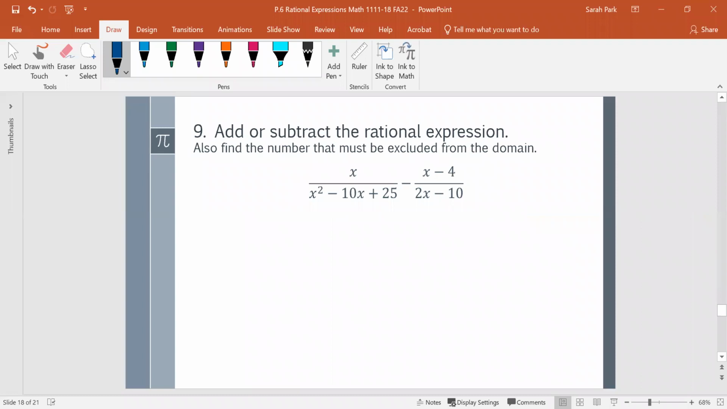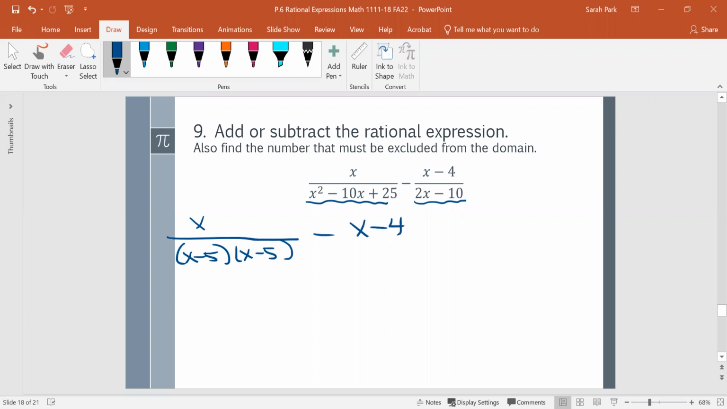Okay, let's move on to number 9. x over x squared minus 10x plus 25, minus x minus 4 over 2x minus 10. Okay, so you can see here the denominators are not the same: x squared minus 10x plus 25 and 2x minus 10. How we make them the same is we see what their factors are. So if we break it down, x squared minus 10x plus 25 factors as x minus 5 and x minus 5,